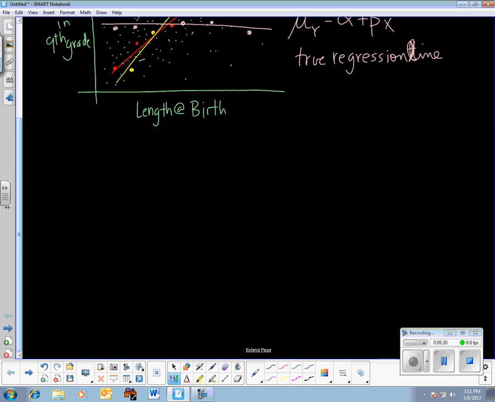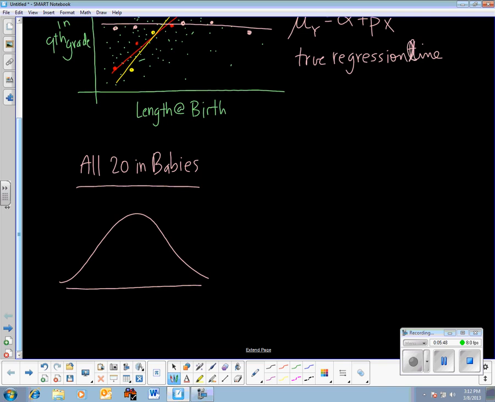An interesting picture that's pretty helpful is, let's just imagine that we looked at all, let's see, length at birth. Let's see everybody who was 20 inches long at birth. If you were to look at all 20-inch babies, then their heights in 9th grade should follow a normal distribution around whatever the average 20-inch baby turns out to be. I don't know what a 20-inch baby would be in freshman year. Let's say they ended up being 5'7", with a certain standard deviation of maybe a couple inches. So my point is that 20-inch babies have one distribution, 21-inch babies have another distribution, and